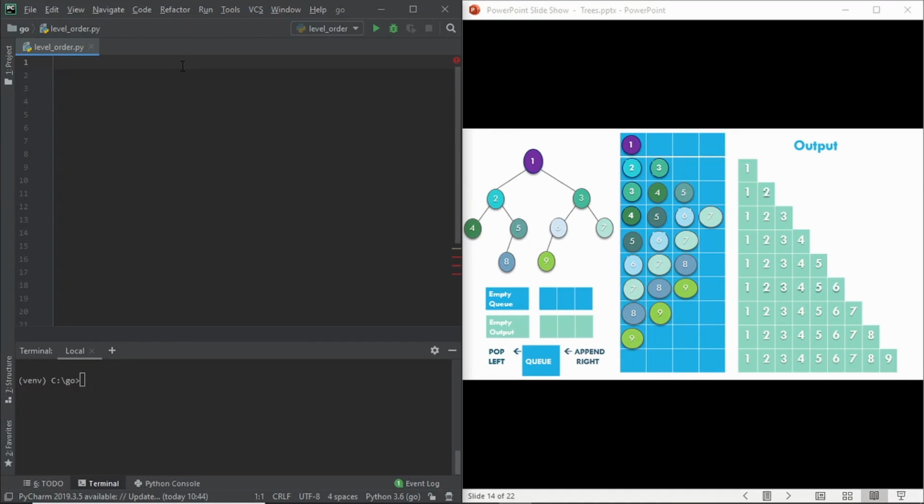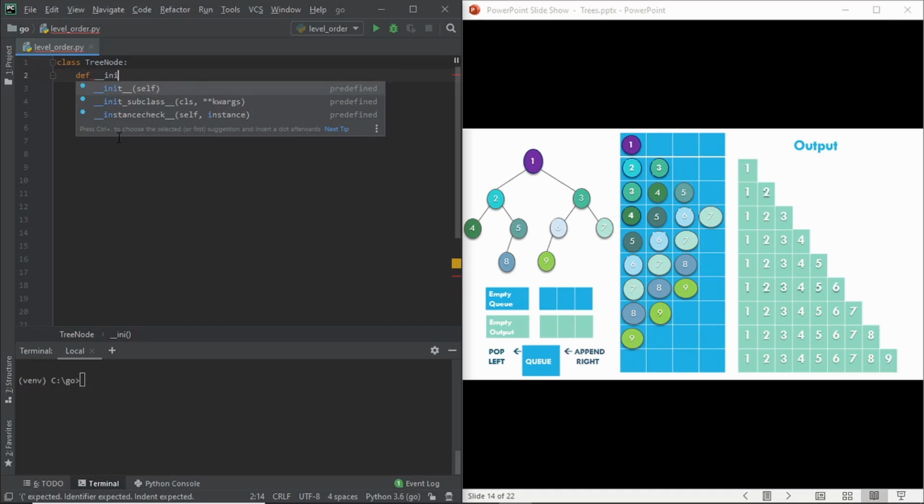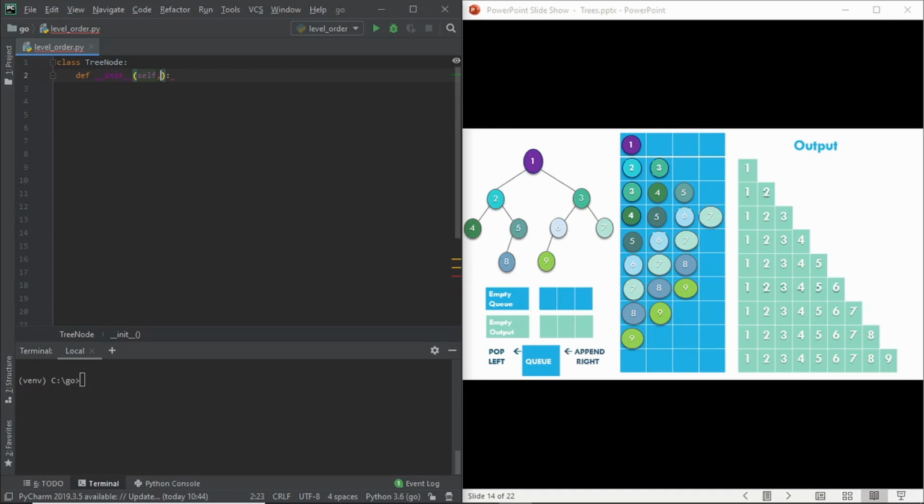Let us implement the example that we just discussed. To start with, we need a node. We'll create a node and call it TreeNode. It has 3 attributes: data, reference to left child, and reference to right child.